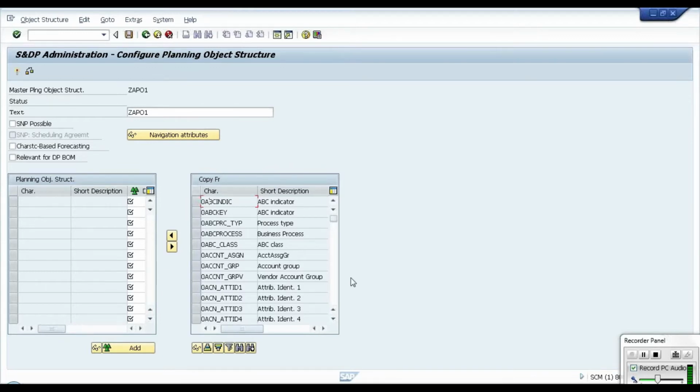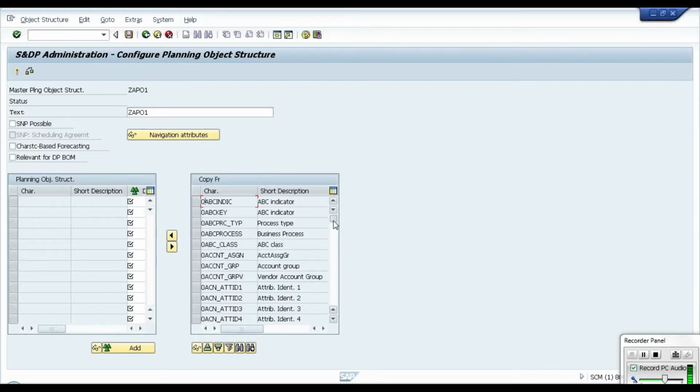Yeah, sure. And here you can see some of the characteristics start with 9A. It means in APO we have an inbuilt BW system. So that is the reason we have the options. Whenever you are creating a characteristic, the system will ask whether you want to create it for APO or for BW, since BW is the inbuilt server in APO. So whatever you see here with 0A, these are the BW characteristics.